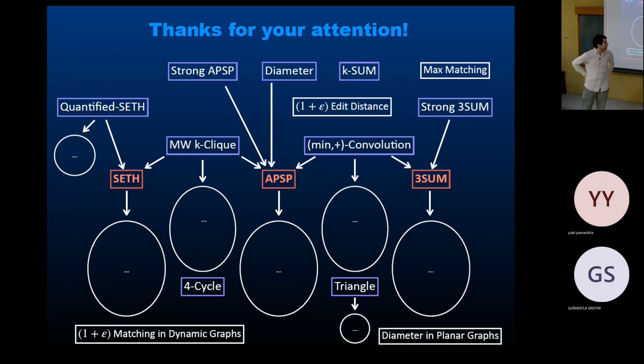No, so K-sum is there. You could make a K-sum conjecture, and I've made it, which would be that you need n to the ceiling of K over 2. For 5-sum, you need n cubed. This does not reduce to 3-sum. There's no connection between them. If you break 3-sum, you don't break 5-sum. But 5-sum lets you sometimes prove more results. For the even ones, there is a reduction. So if you break 4-sum, you will break 8-sum.